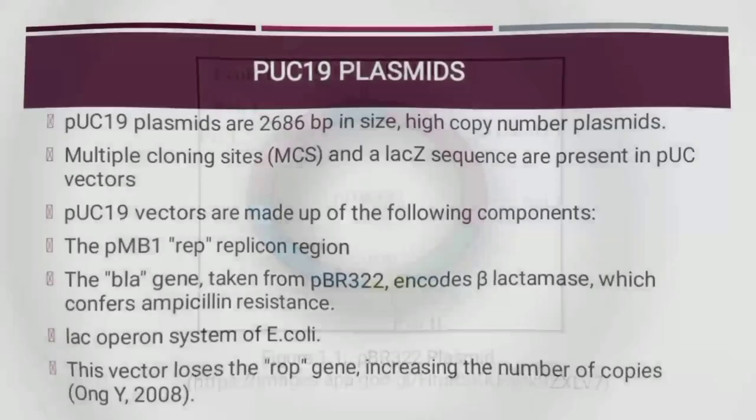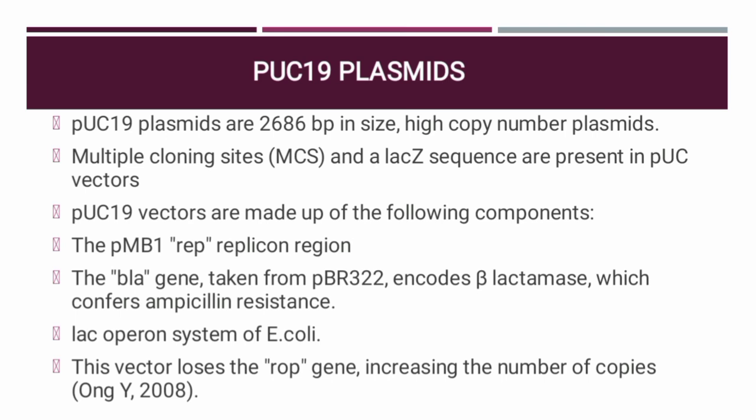Then comes pUC19 plasmid. pUC19 contains 2686 base pairs, and this plasmid is a high copy number plasmid. It contains multiple cloning sites and a lacZ sequence. The main components of pUC19 vectors are, the first one is the pMB1 REP region, which is the replicon region. The second one is the bla gene, which is taken from pBR322 plasmid. This encodes beta-lactamase, which confers ampicillin resistance. The next is